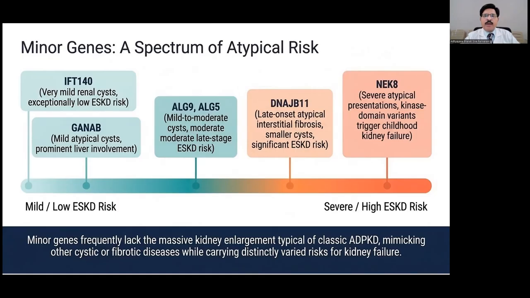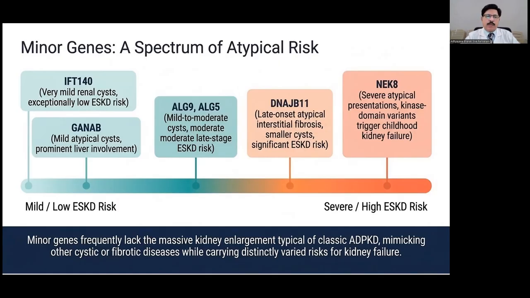DNAJB11, late onset atypical interstitial fibrosis, smaller cyst, ESKD risk is there. NEK8, severe atypical presentations, kinase domain variants trigger early childhood failure. These are severe. As you move from the left-hand side, mild low risk ESKD to severe high risk ESKD,